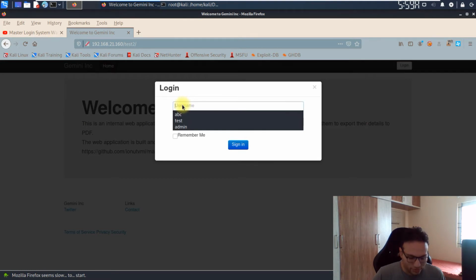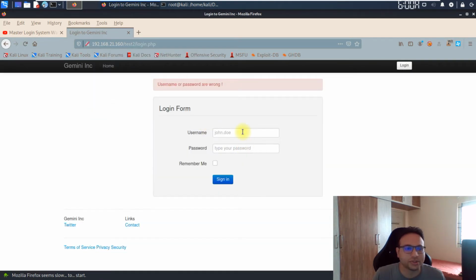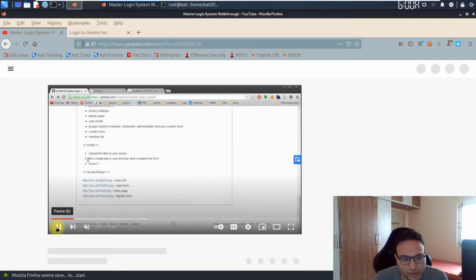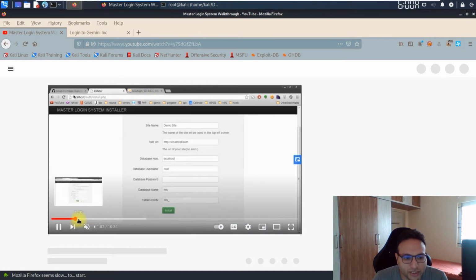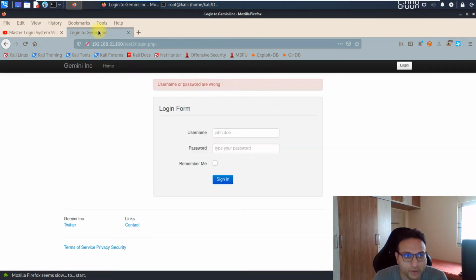I tried a couple of combinations early to log in, like admin. It's not working. I tried other combinations a couple of times too, but after that I suddenly found a video on YouTube, available for the same setup, and I'll put the link of this video in the write-up so that you can find it. Over here I'm seeing the default credentials. Suddenly I got that information. The default credential looks like admin and 1234. Let me try whether it's working or not.